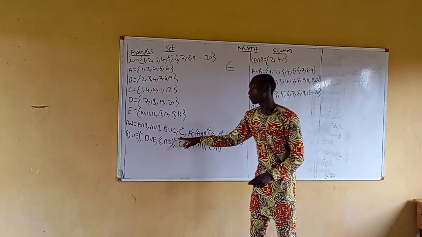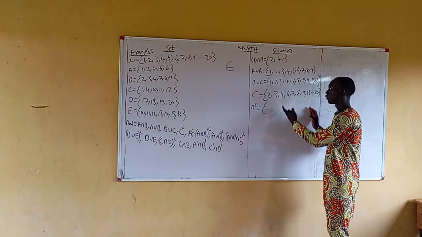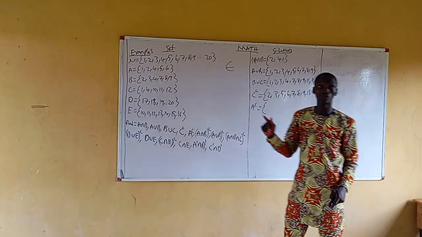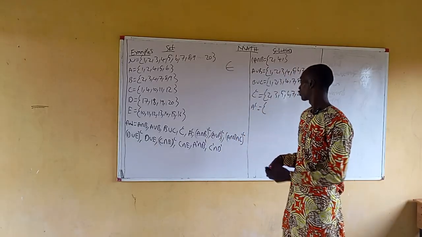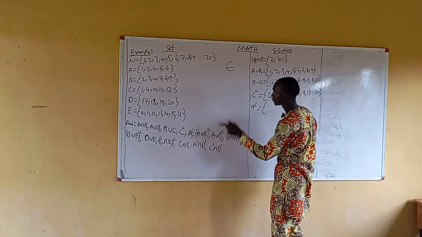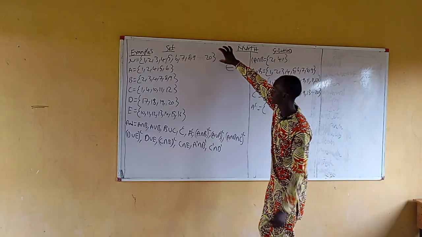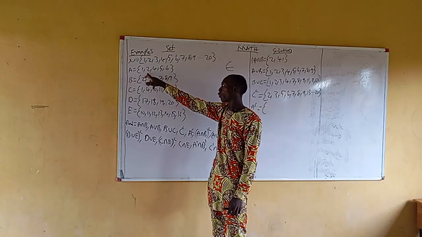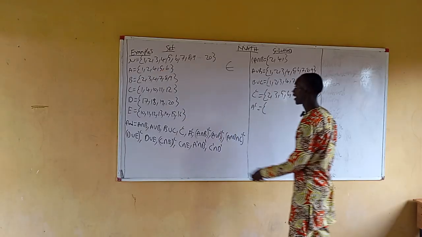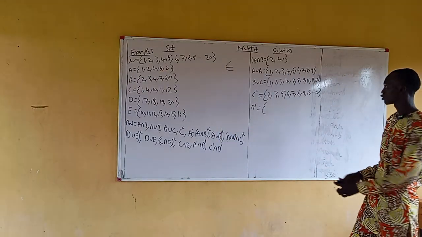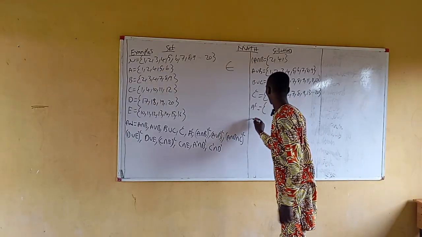Since we have done C complement, I believe we understand what C complement is: the elements in the universal set that are not in the subset C. Now, A complement, remember, is the same thing: the elements in the universal set that are not in set A. What are the elements here that are not in set A? I believe we will answer that one. Now, let's move on to the next one, which is